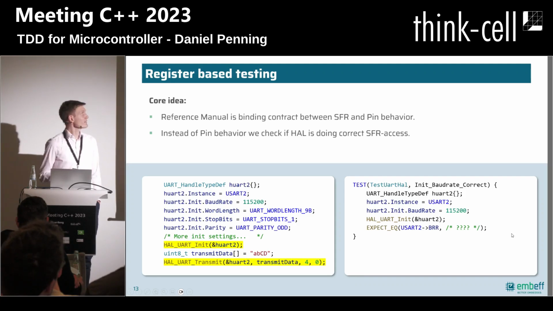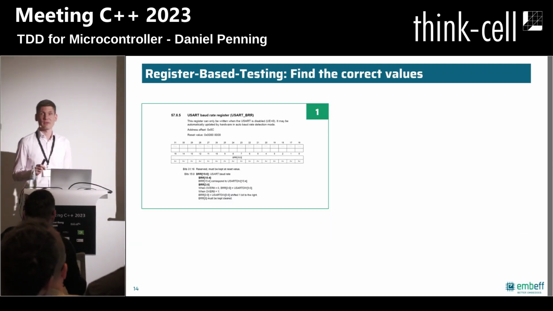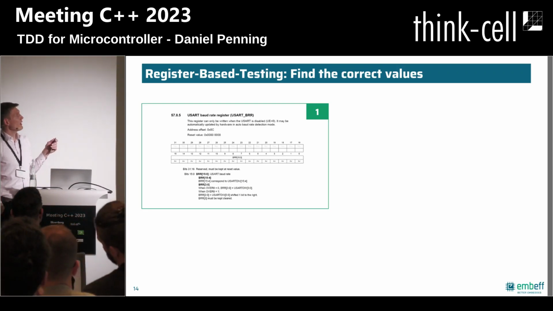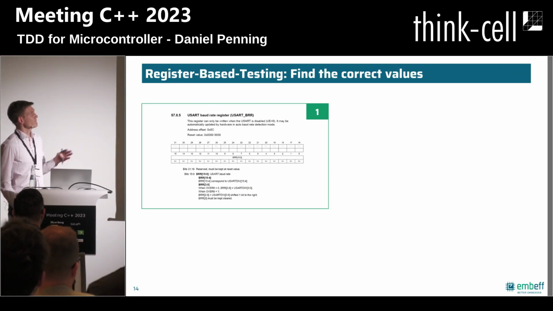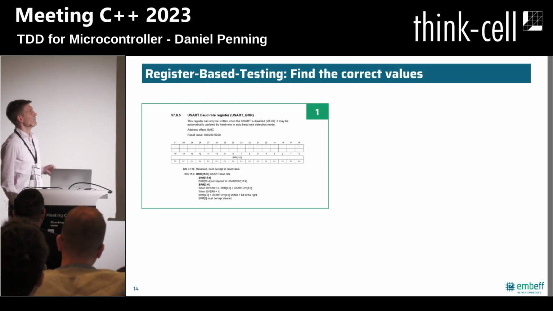And now it gets to real fun. I mean, Phil talked about the dopamine. You won't get dopamine there. I will tell you that. So first, you need to locate the chapter. For this STM32, the UART is in chapter 57. That gives you an impression already. You briefly look up how long it is. OK, only 86 pages. That's OK.